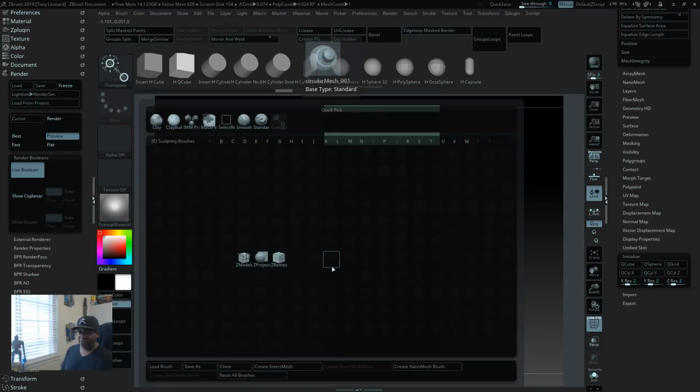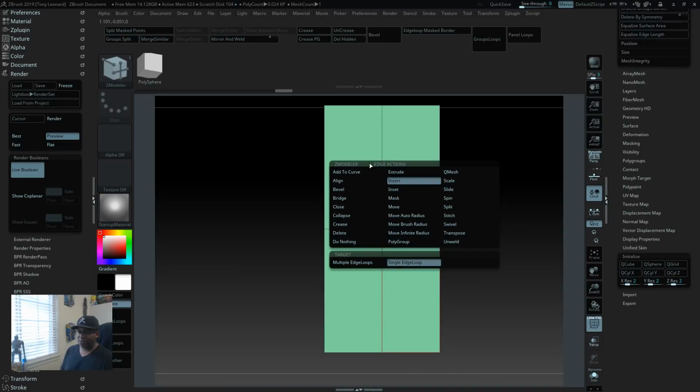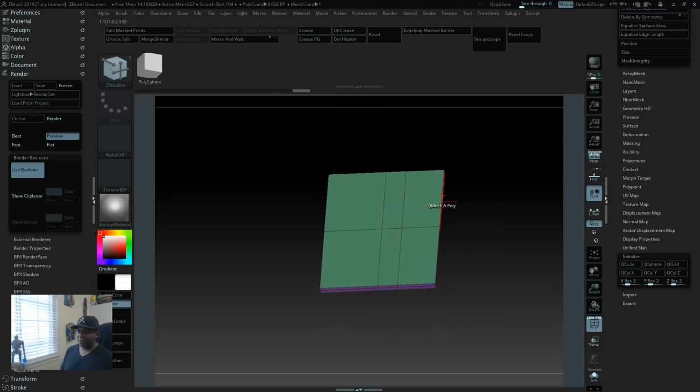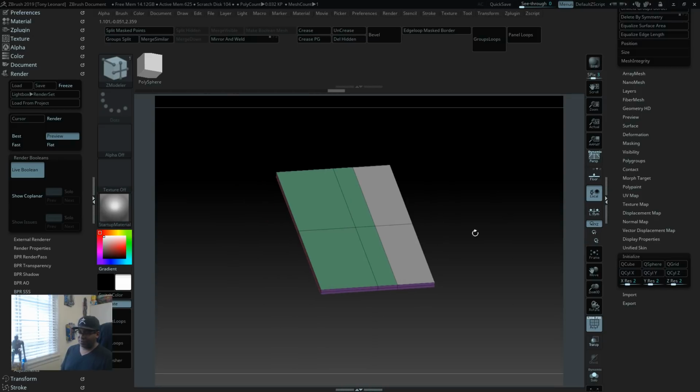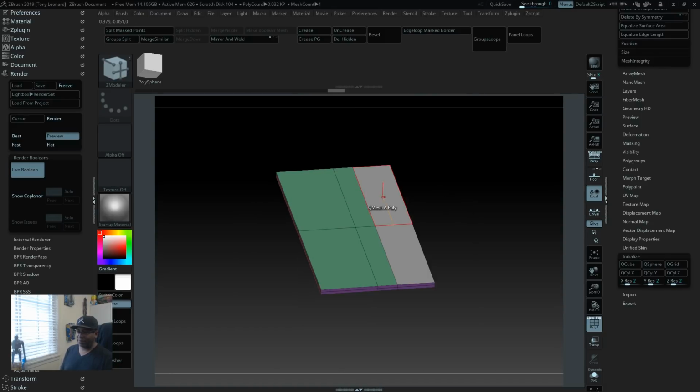And I'm going to hit BZ, get the ZModeler tool out, and I'm actually going to hit spacebar, and I'm going to insert an edge, so here, and I'm actually going to take this edge and this edge, and I suppose I will Q mesh them out, single poly, quarter step,